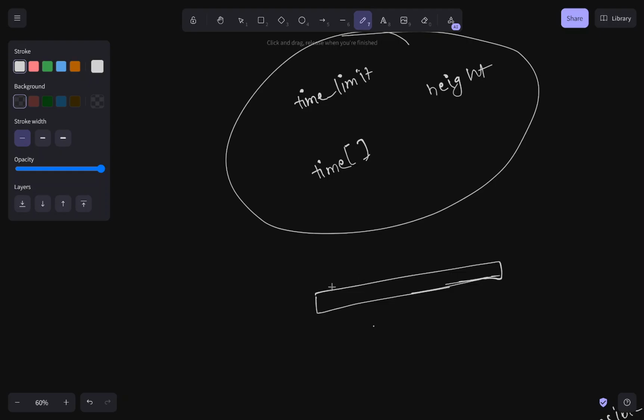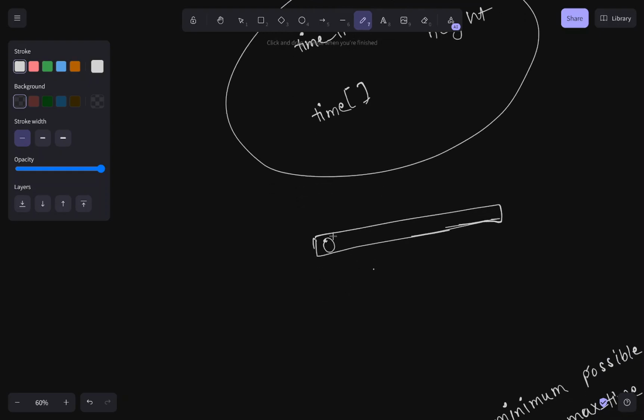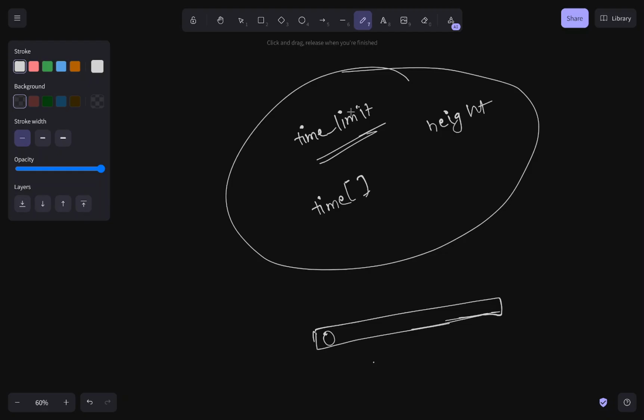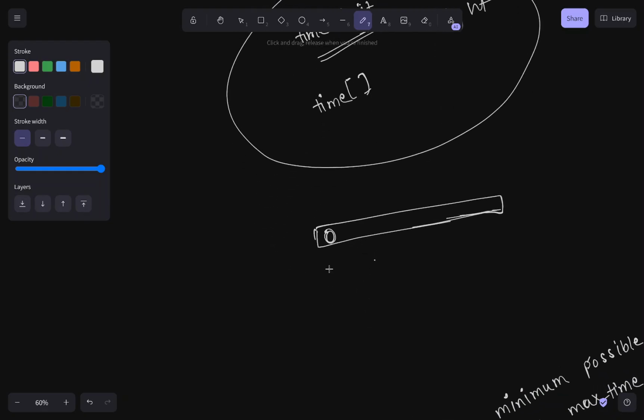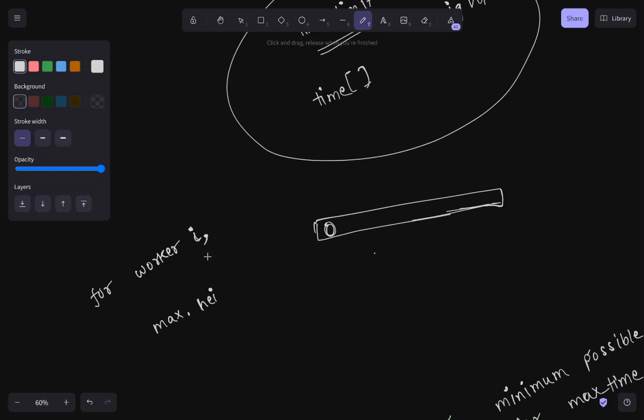This part is very straightforward, because for each and every worker you now have some time limit. So you can just say, whatever is the maximum height I can reduce, whatever is the max height, we are talking about the ith worker. For worker i, how will we know how much height he should reduce? For that we can say that for worker i, the maximum x it can reduce from height